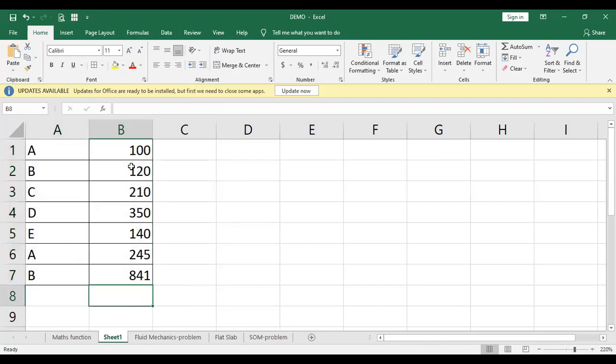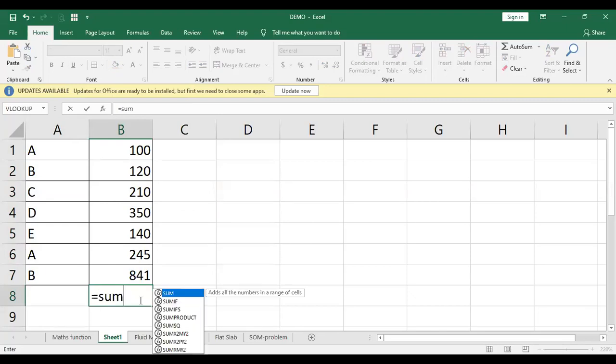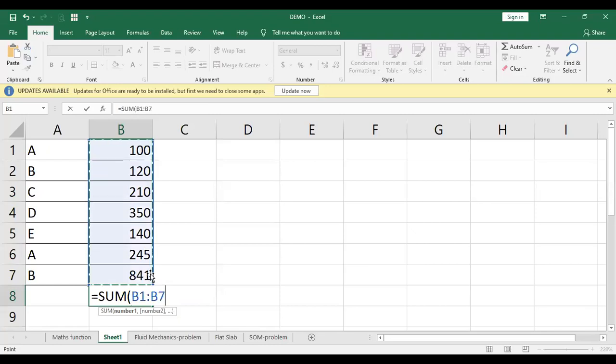Now you want to make the addition of this. As you have already seen, first of all, put equals to here. Once you put equals to, go to SUM. This is the first method. Click on the first one, SUM, and then with the mouse, click and drag to select.